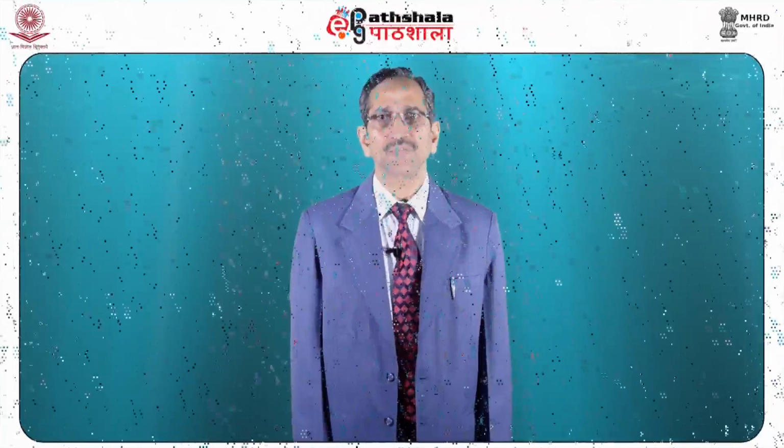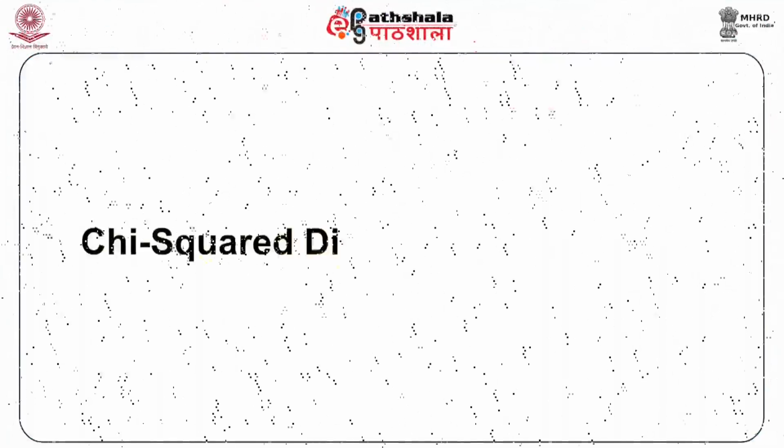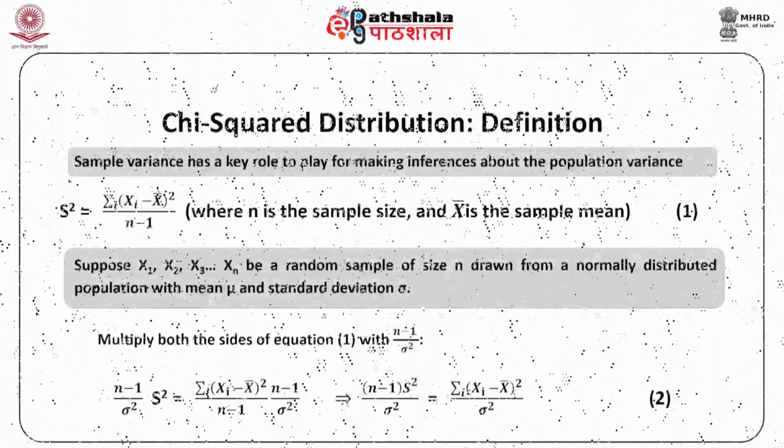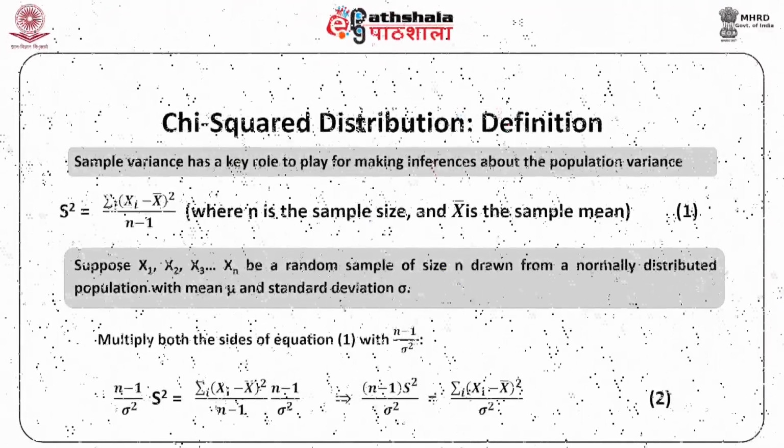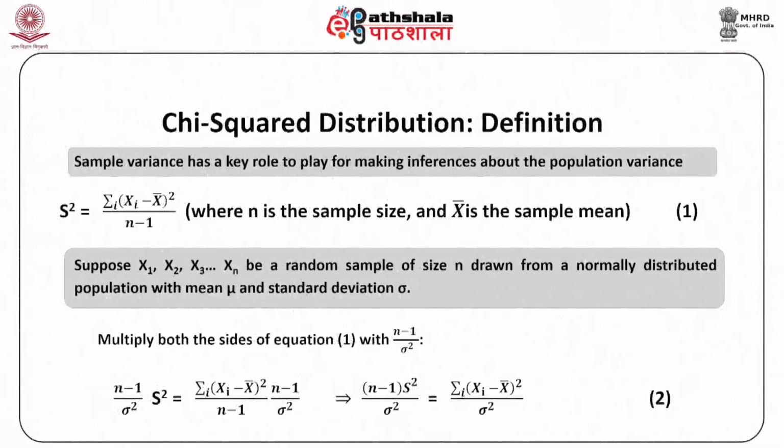For example, manufacturers often face situations in which they are required to show that their products adhere to the requisite specifications. For such purposes, chi-square is applied whenever it is a case of one sample. Define chi-square distribution. Now, we have learned in detail that the sample mean is used as a basis for making inferences